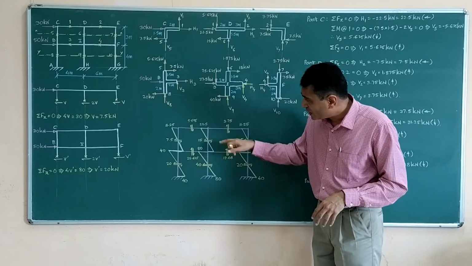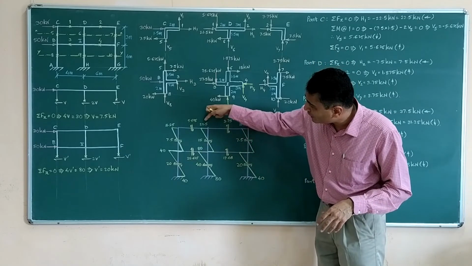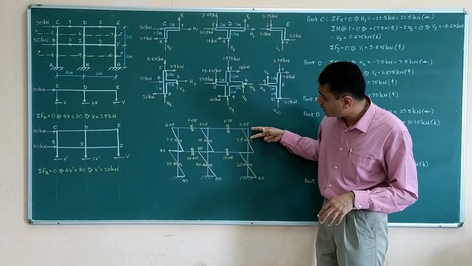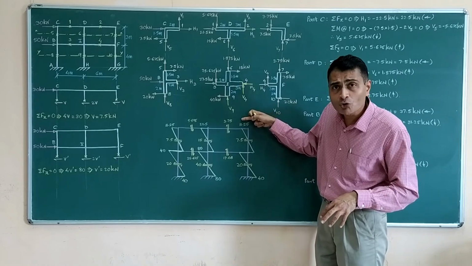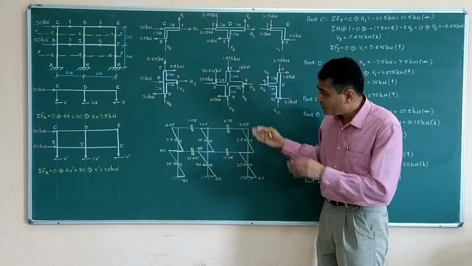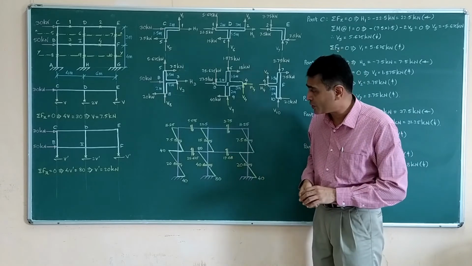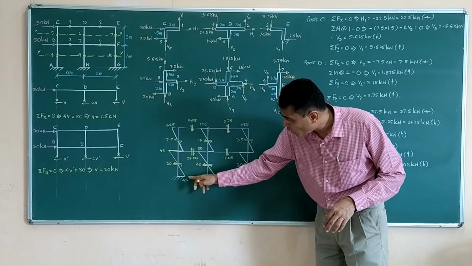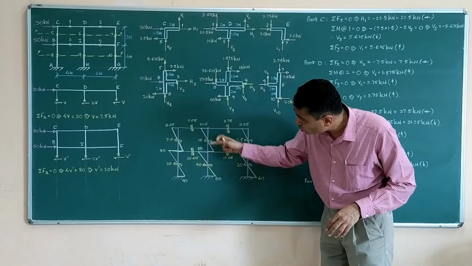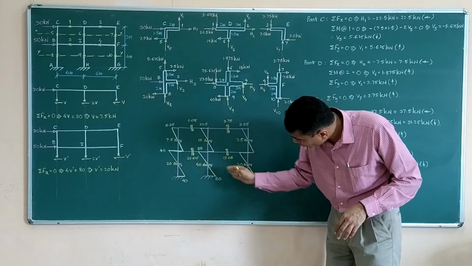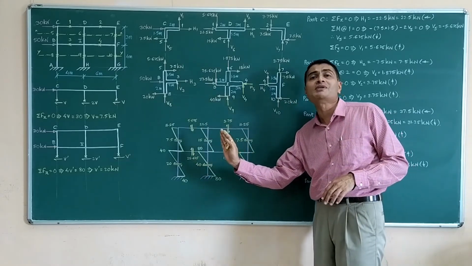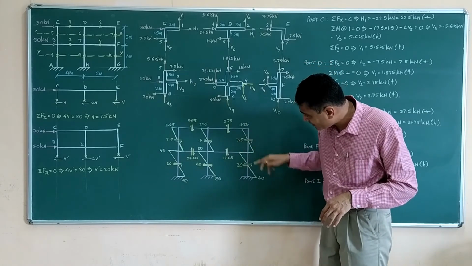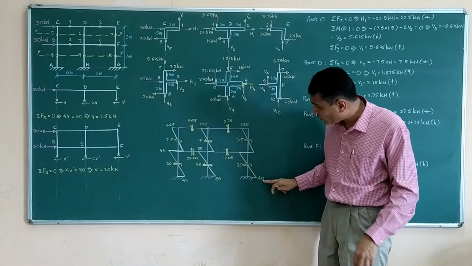Similarly, 15 into 1.5, 22.5 sagging, hogging. 7.5 into 1.5, 11.25 sagging, hogging. When I come to the next or the lower flooring, it is 20 into 2, 40 sagging, hogging. 40 into 2, 80 sagging, hogging. Try to view from here, so you will see the sag and hog perfectly. And finally 20 into 2 sagging, 20 into 2 hogging, accordingly it is 40.